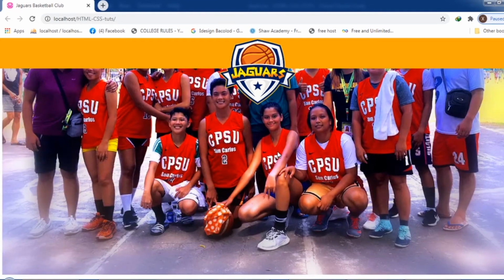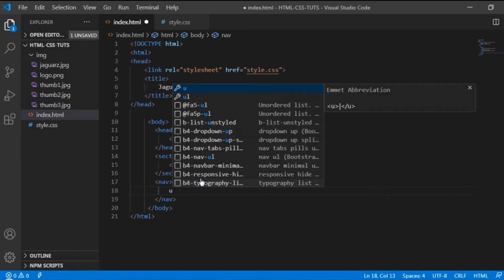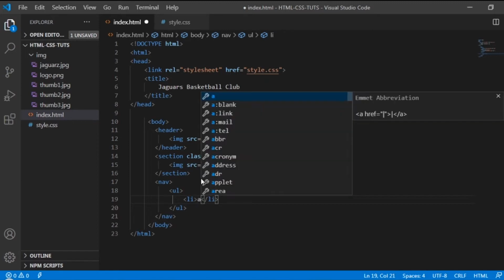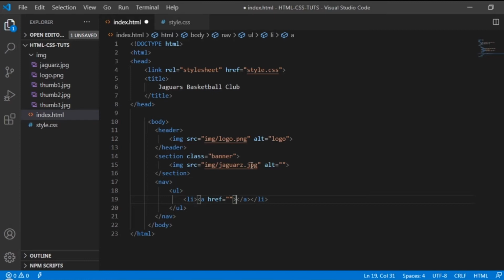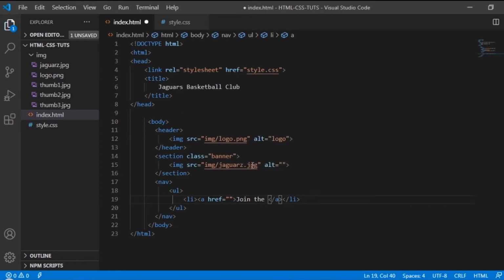Okay, so next thing is we are going to create a navigation down the image. Alright, so let's create a navigation down the banner. So let's say for example nav, and then let's create the UL, or the unordered list. So inside the unordered list, let's create a list, the li. And inside the li, let's have the link. So let's say for example a, the anchor tag, and then let's say for example join the club.